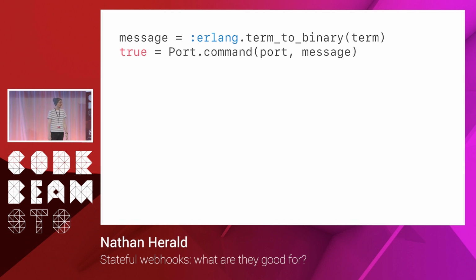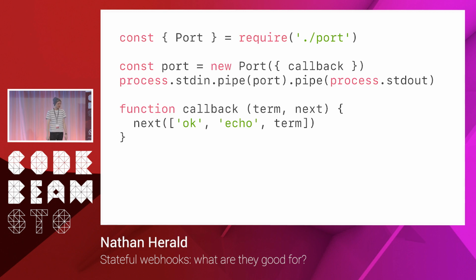So I did this, and I wrote some JavaScript to then, on that side, basically take whatever I get in standard in, pipe it into something that I've called a port over there, which is very confusing, and I should have called it something else. And then whatever the port does, pipe that back to standard out. And that's how ports work in Erlang. So if I say, hey, Node, here's a message, it'll go through this port class I've made, and then whatever that thing does in this callback function, which right now all it does is send back OK echo, and whatever I sent it, that'll come back to Erlang. It's very simple, right?